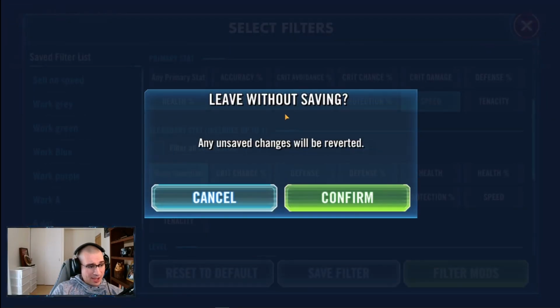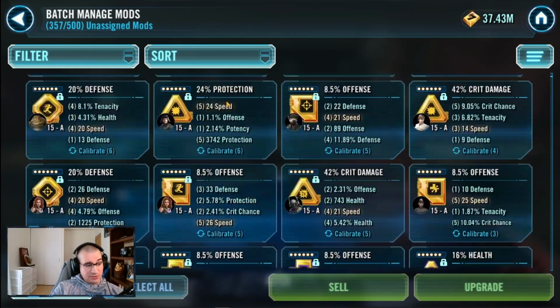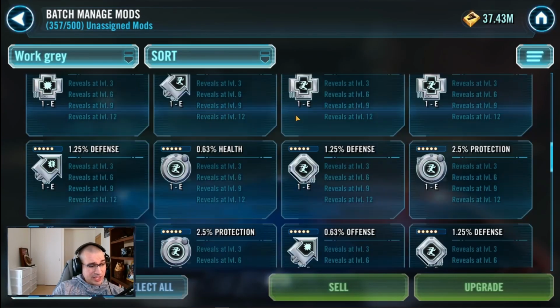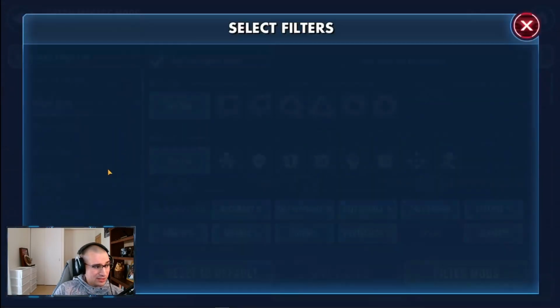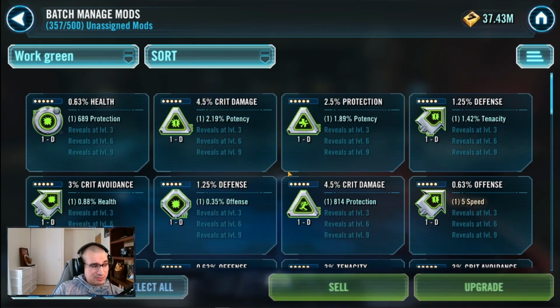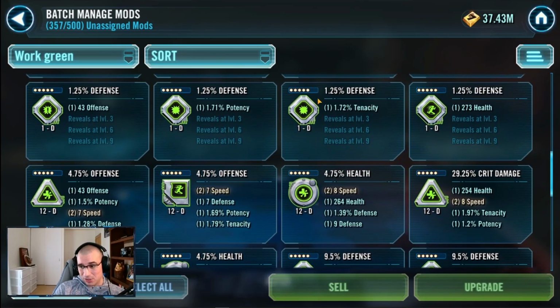The rest of these, as far as what you're looking for when selling, when I work my grays, I sell grays as I'm going through and working them. So any gray that, when I reveal the secondary stats, has +3 speed or no speed, I sell it. And the +4 or 5, I slice into greens. And then I'll go into my greens, and I'll sell anything that's 5 speed or below. I already did this last week, but anything that's 5 speed or below, I sell,